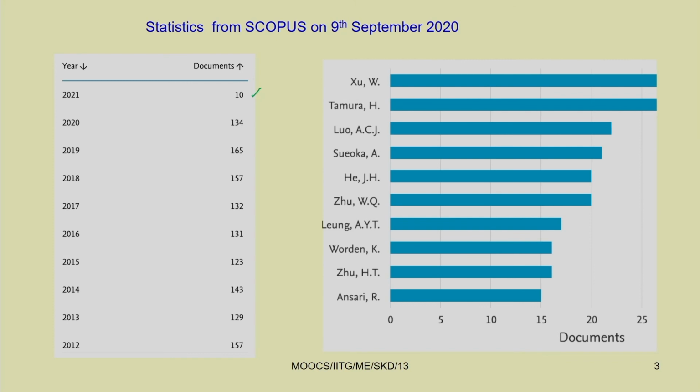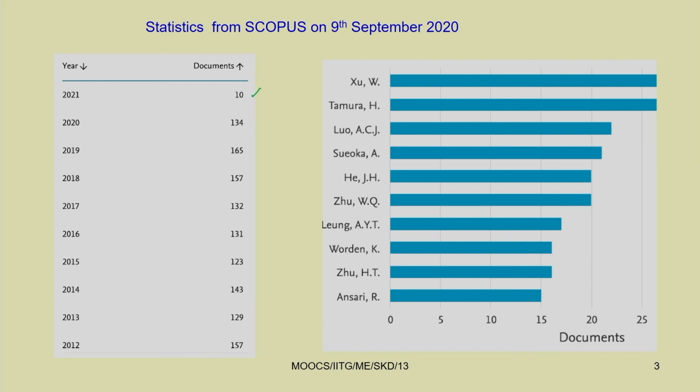So, more than 100 publications you can find in each year from 2012 to last year itself. This year also, in 2020, 10 papers in 2021, actually now it is November 2020, but already 10 papers have been published in 2021